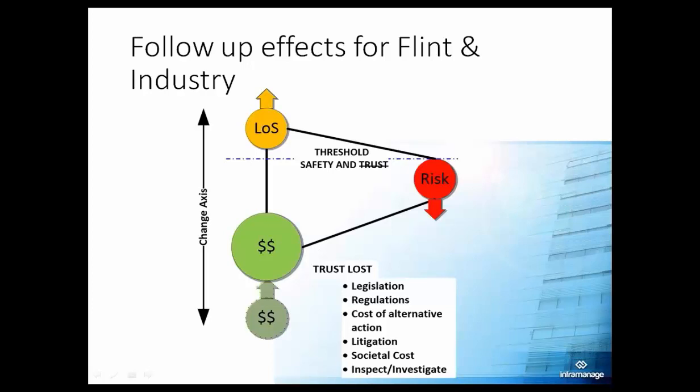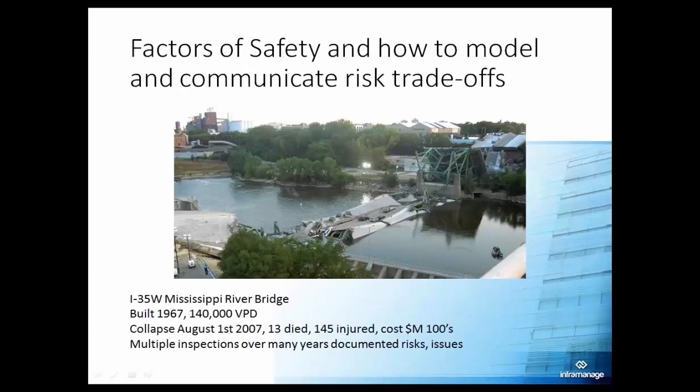And a couple of examples that have dropped out recently with that was obviously in transportation, the Mississippi Bridge failure back in 2007. So it killed and injured, lots of disruption, lots of dollars to fix. And as a result of that, right across the US transportation now, there's multiple bridge inspections to try and manage the problem. But again, at the end of the day, it was how do you model that factor of safety?